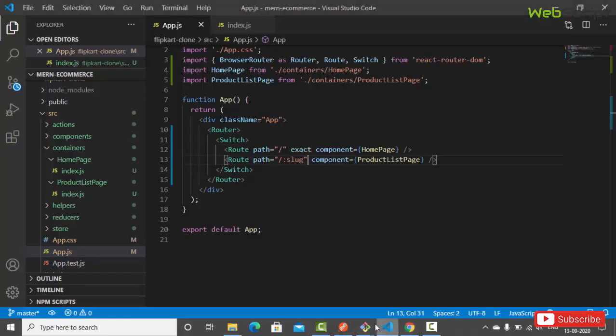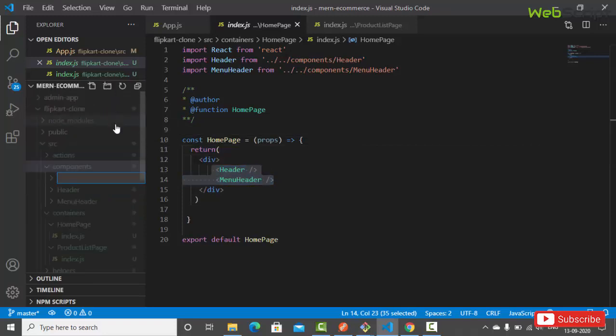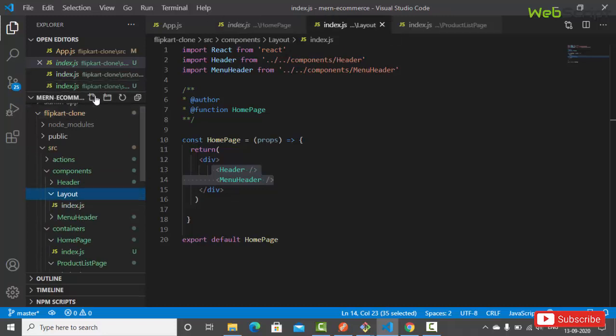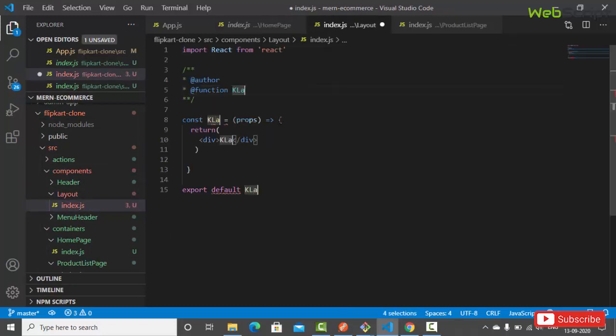Now let's also create the layout. Okay, so we don't need to repeat this thing. Whatever we have in the home page, we don't need to repeat this, right? So let's add a layout inside the components. We'll create a folder, layout, and inside the layout we'll create a file that is index.js, and let's create RFC, and here you can say layout, and let's use a fragment,